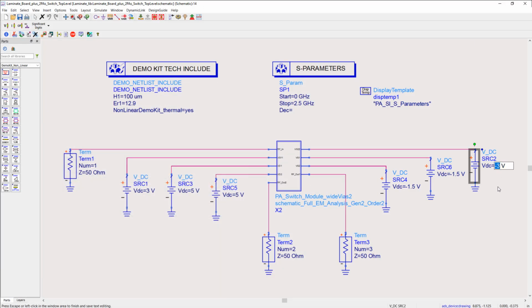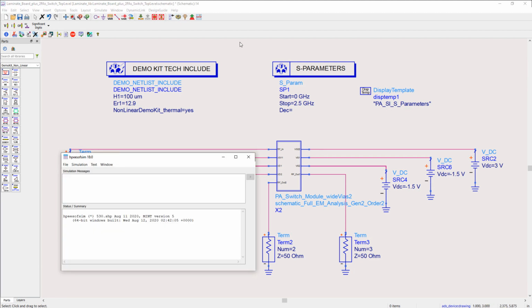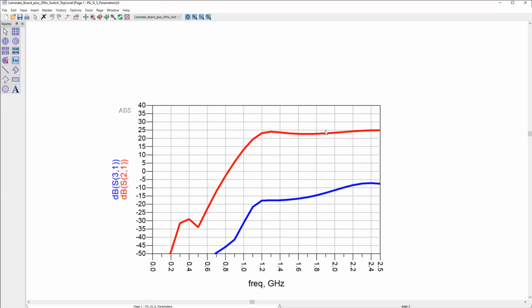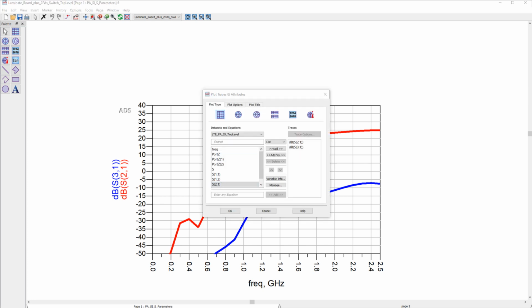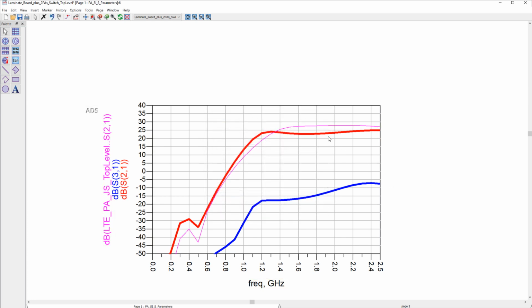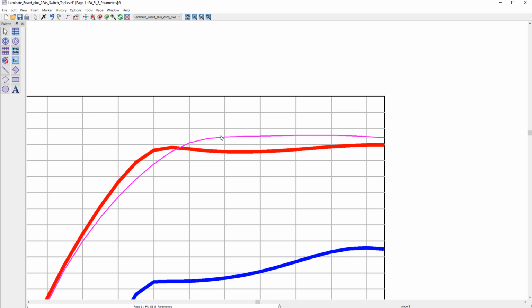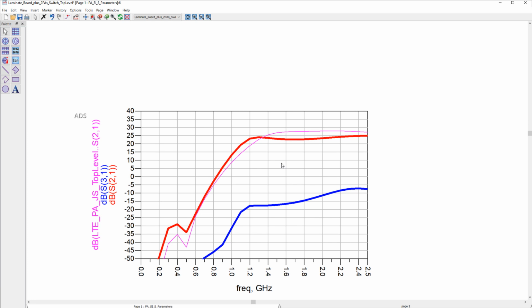Now, if we change the voltages to change the switch arms, plus and minus 3, and simulate, so now we can plot the other arm switched module, as shown here. A better way to interpret the results is to overlay the MMIC PA standalone EM results we had previously gotten. So here I am superimposing the PA results standalone shown in pink, and you can see that the module results acquired some loss. It resulted in lower gain and also shifted downward in frequency due to the bond wires and other parasitic effects.